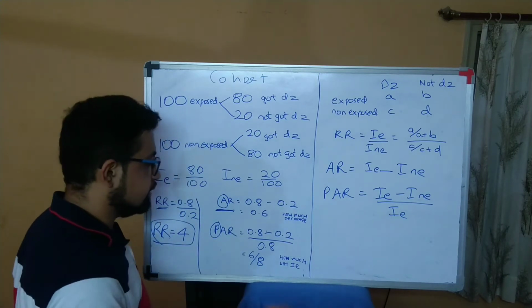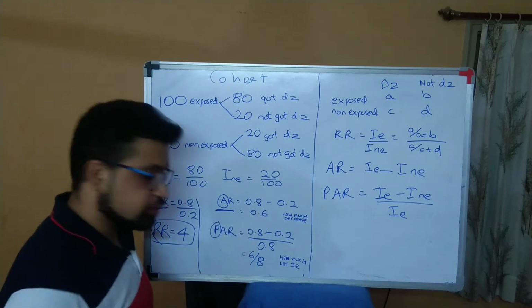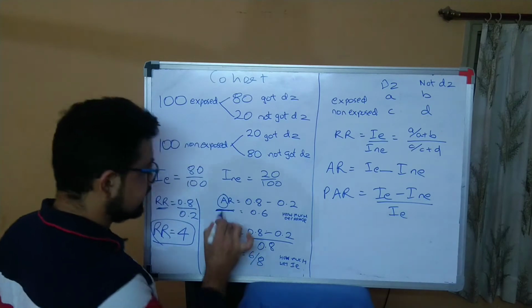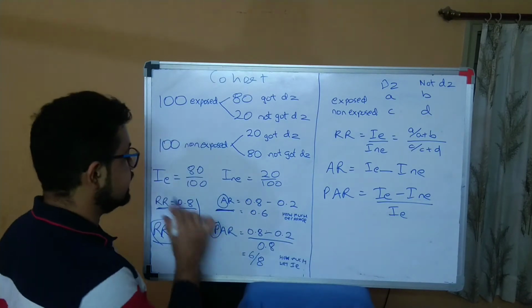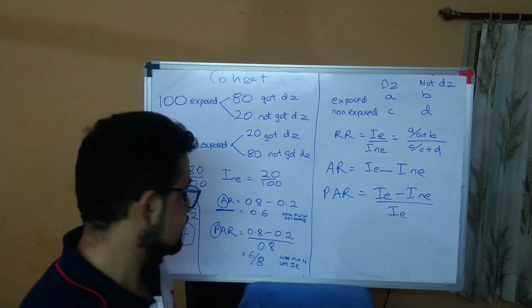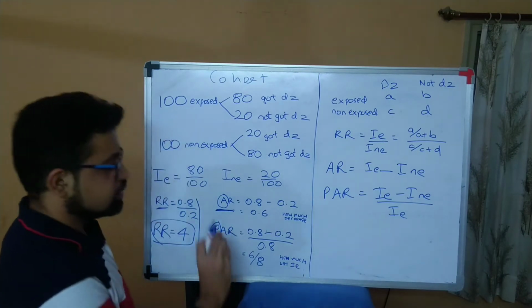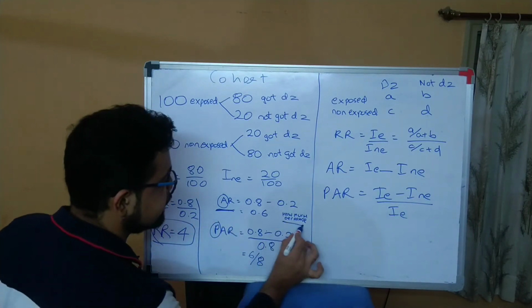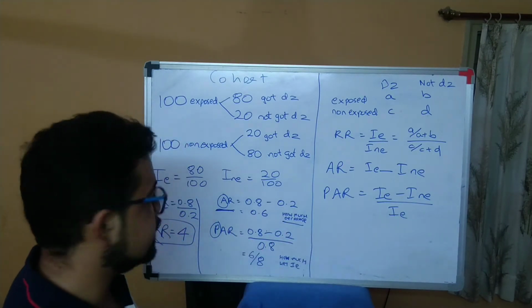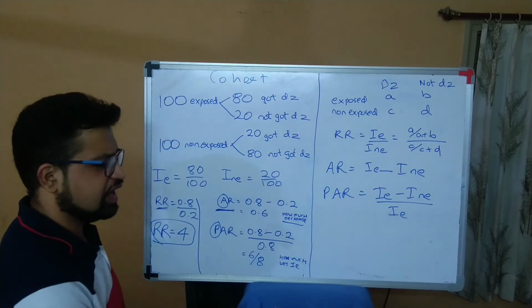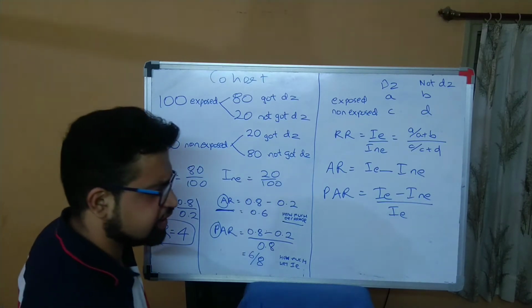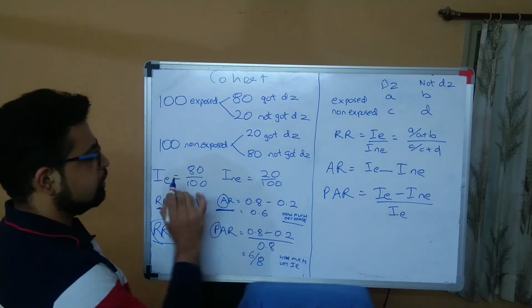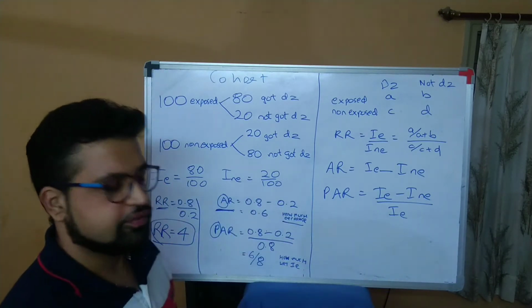The next I'm going to talk about, we have to compare it with proportional attributable risk. So remember, attributable risk is absolute. So it is incidence in exposed minus incidence in non-exposed. Am I making sense? Very clear, right? So how much decrease would occur if I carry out an intervention? So how much do you attribute this risk factor to the causation of disease? 0.8 minus 0.2, 0.6. Finish.